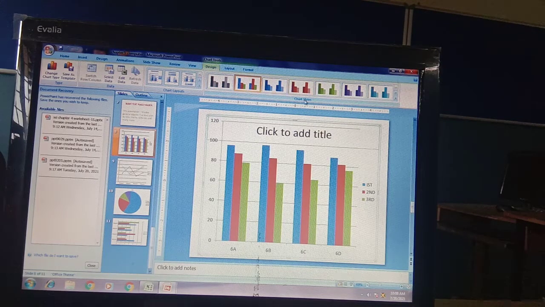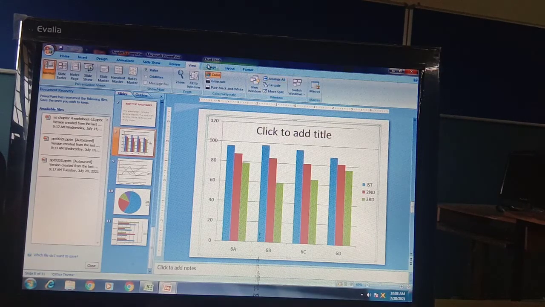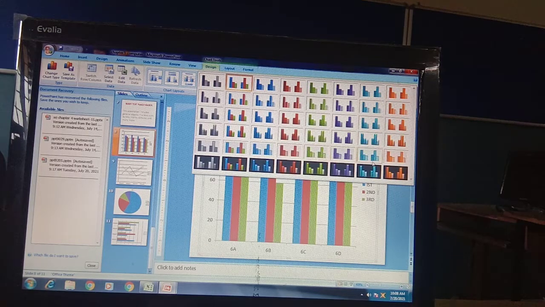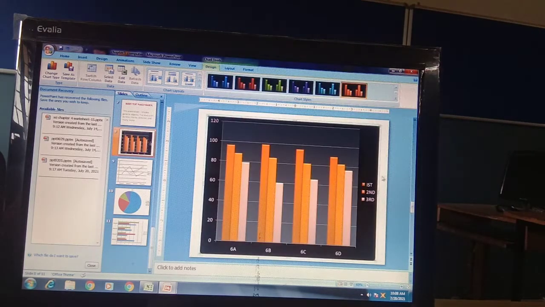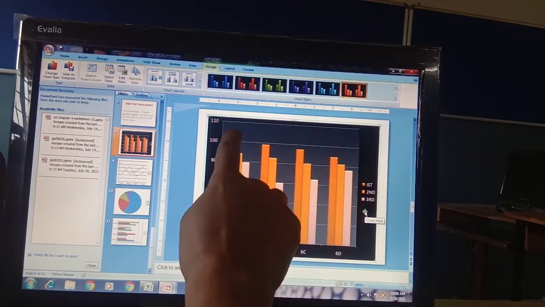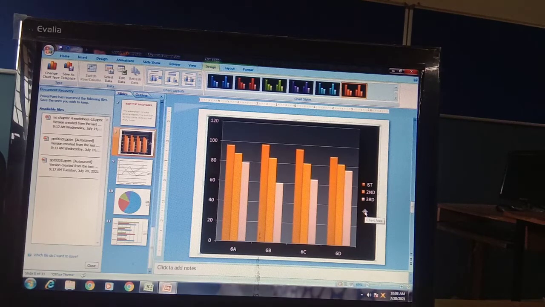And here different chart styles are there. You can choose any one of them. Any design you can apply. For example, if you want like this, in this you can easily recognize this is your chart area, beta. And this is your plot area. The gray color is your plot area and the black color is your chart area. You can say background and foreground. Background is your chart area and foreground is your plot area.